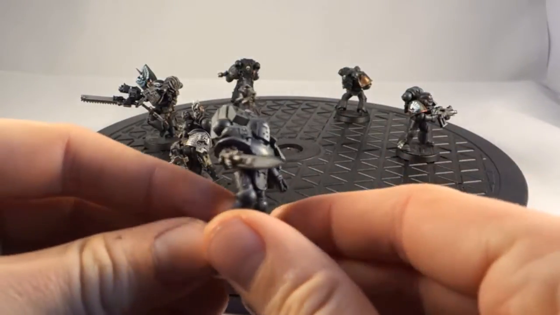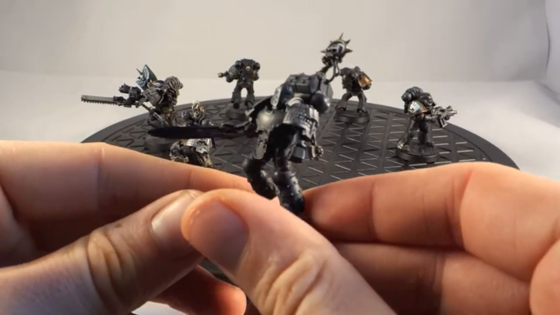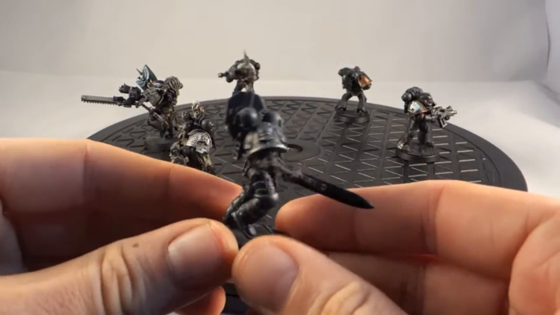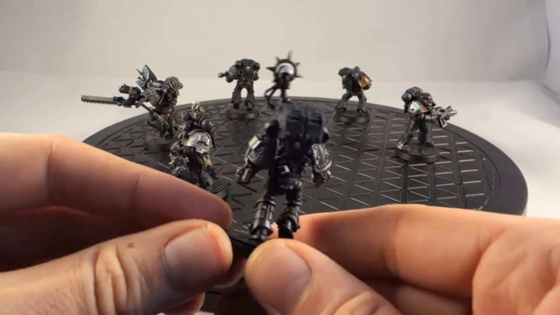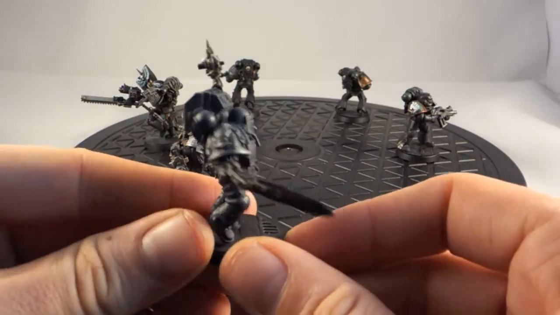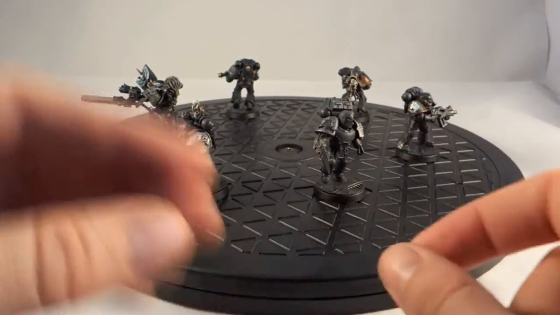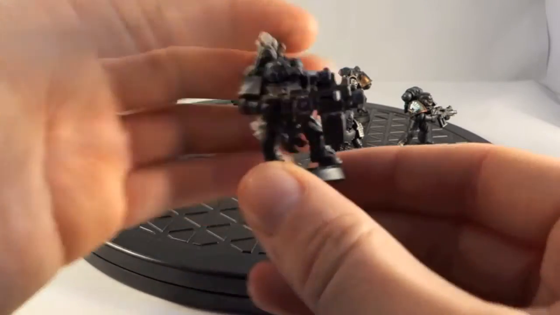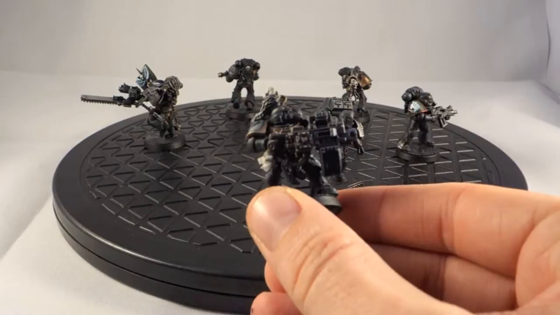So on this Iron Hand, apart from the fact he's got his complete arm replaced by a sword, he also has the ammo backpack for the heavy bolter, but he doesn't have a heavy bolter. However, this guy does, and